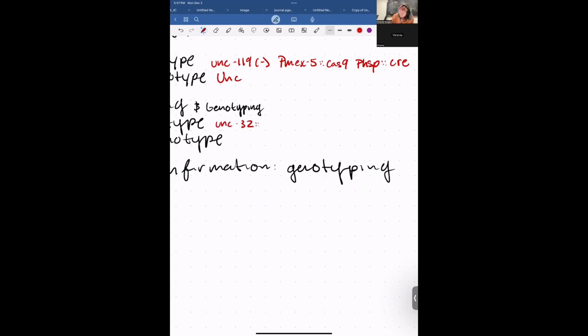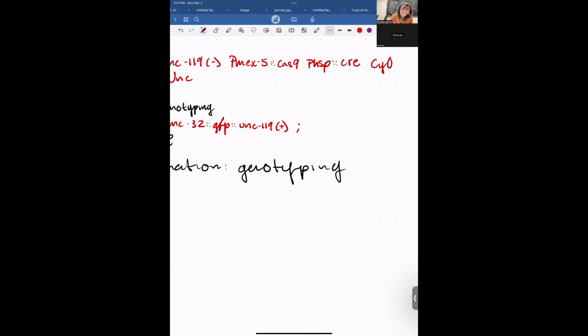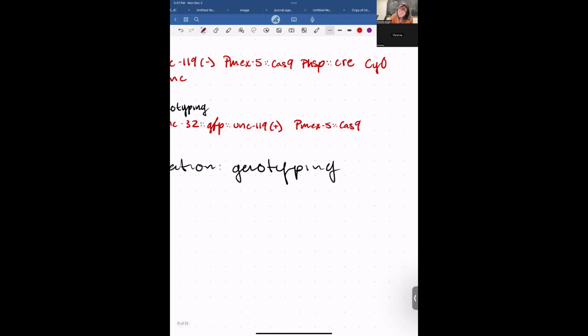UNC32 GFP with that UNC119 rescue gene. And on a different chromosome, actually, I think in this one it's on the same chromosome, so I'll do just a space. We have PMEX5, Cas9,